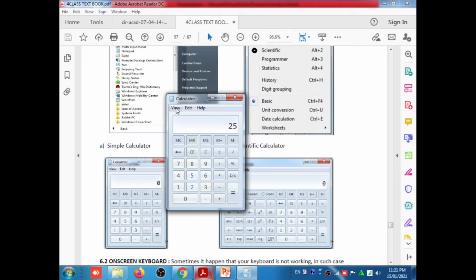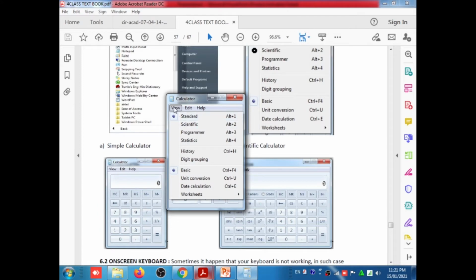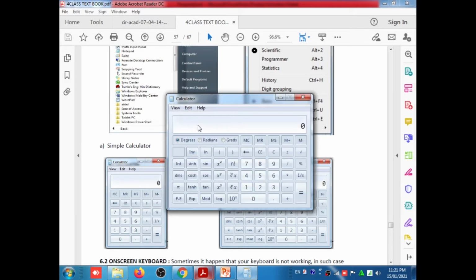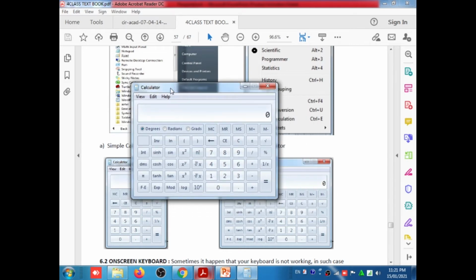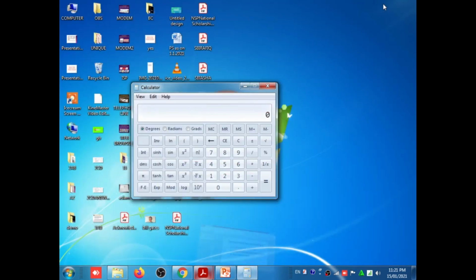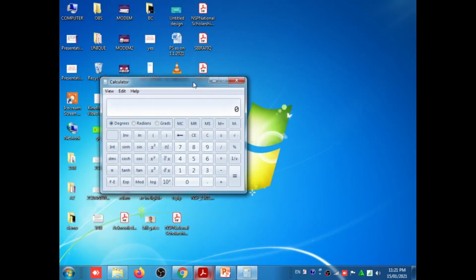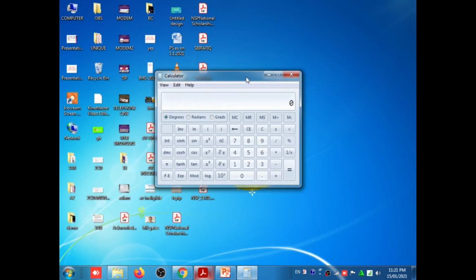If you want to use scientific mathematics, just go to View and select Scientific, or else you can press Alt plus 2. So this is the scientific calculator. If you are familiar with maths, you can easily do, for example, 8 square, 8 eights are 64, 9 nines are 81, like this.